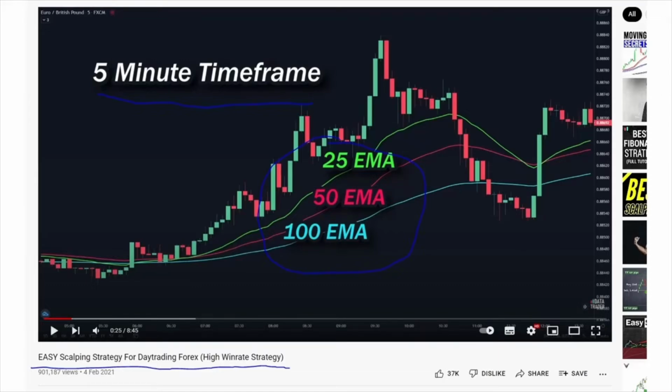Also, he doesn't specify any pair for his strategy. There are some examples in Euro GBP, in UP, in New Zealand. However, the creator doesn't say exactly in which pairs he tested it. So I'm guessing he's just trying to say that with these 3 MAs you can unlock the Forex market and whatever. Anyway,